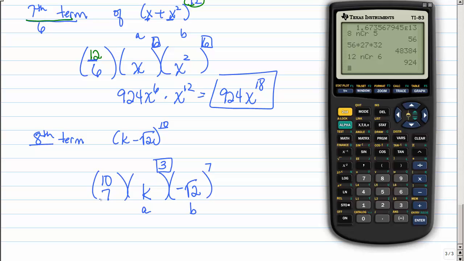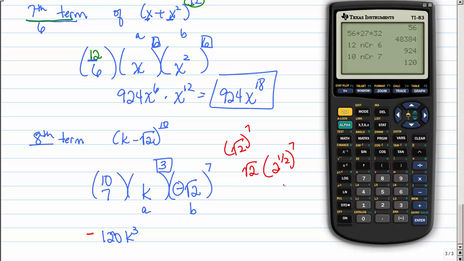So I need to know what 10 choose 7 is. Okay, so that's 120. That's k cubed. Now, since I have a negative to an odd power, I know my answer is going to be negative, so I'm just going to put it out there. But what is the square root of 2 to the 7th power? Well, if you recall, the square root of 2 means 2 to the half power. So now I have 2 to the 7 halves, or 2, and it goes in there 3 with 1 left